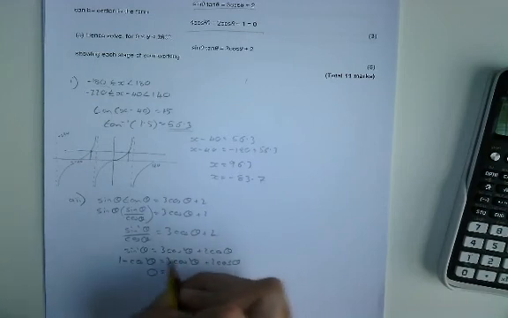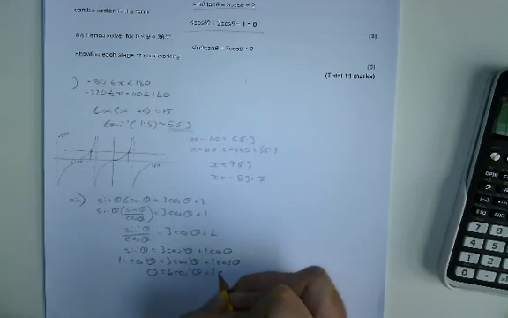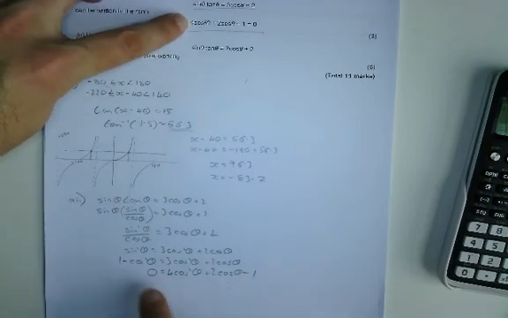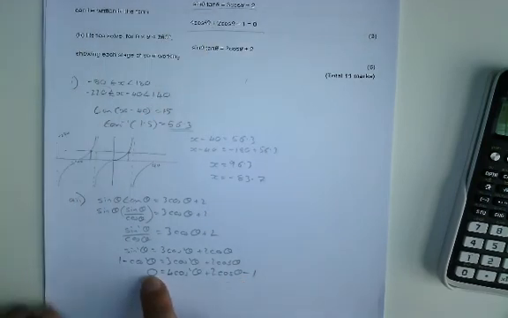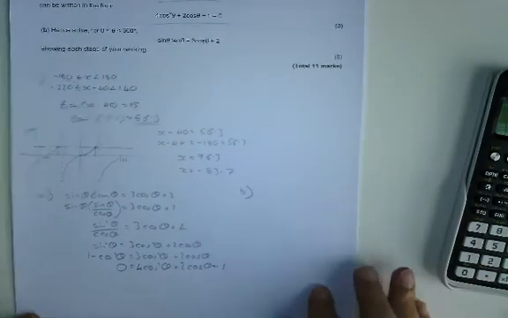Get everything over to one side so it equals 0. 3 cos squared theta, add this cos squared theta will give me 4 cos squared theta plus 2 cos theta minus 1. Okay, so I've made it equal this, just mine's got the 0 at the front instead of the 0 at the end. Right, and then part B,